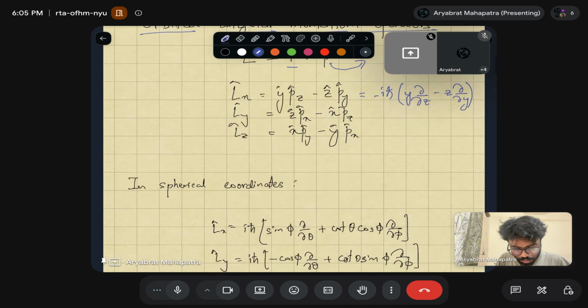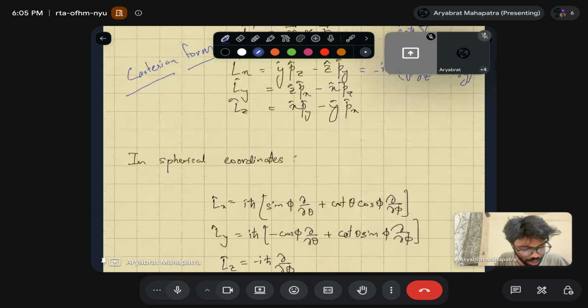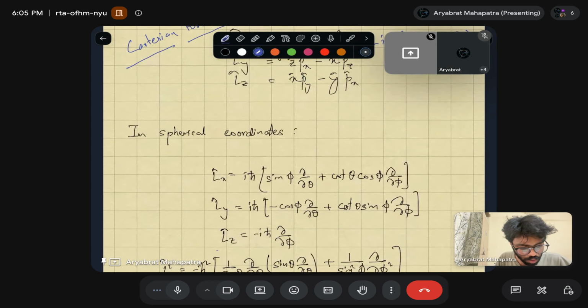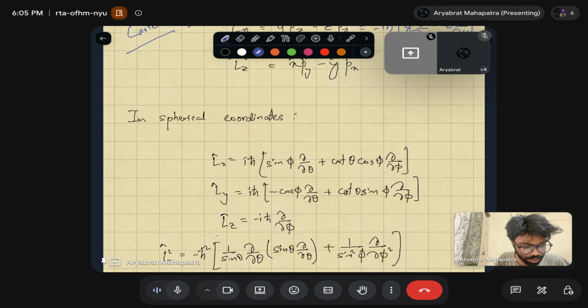Now if you see how this operator is written here, this is your Cartesian form, because when you are dealing with simply xyz coordinates, this will be simply the Cartesian form. And when you go to spherical coordinates, which is again quite significant when we study